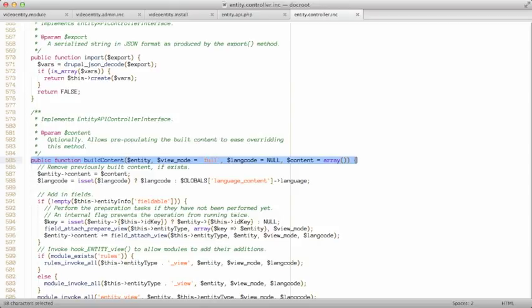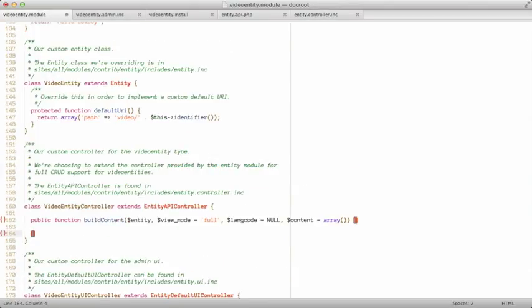So the first thing to do is just actually copy and paste the definition of the function into our own controller, like so. So now whenever build content is called on a video entity, our method's going to be called instead of the default one. However, we probably still want the default one to get called. So I would probably do something like this,